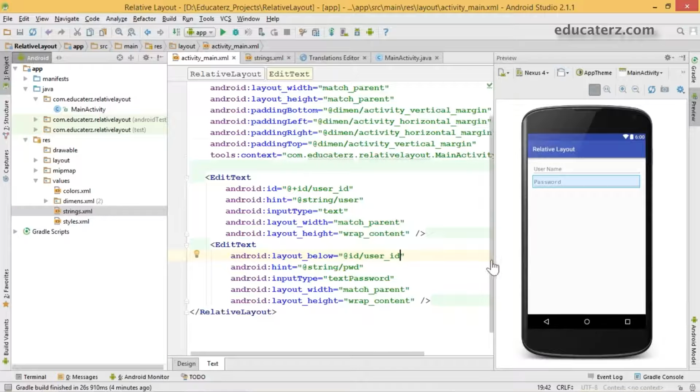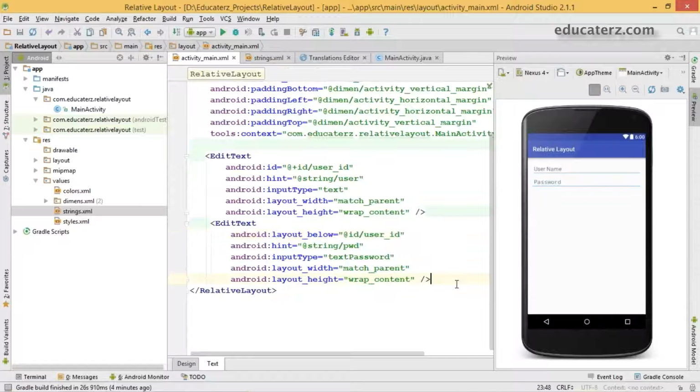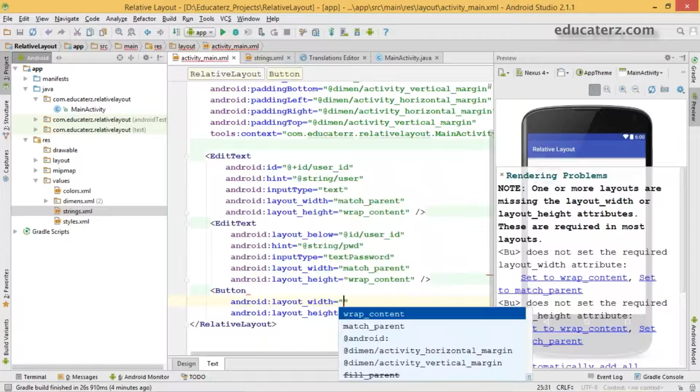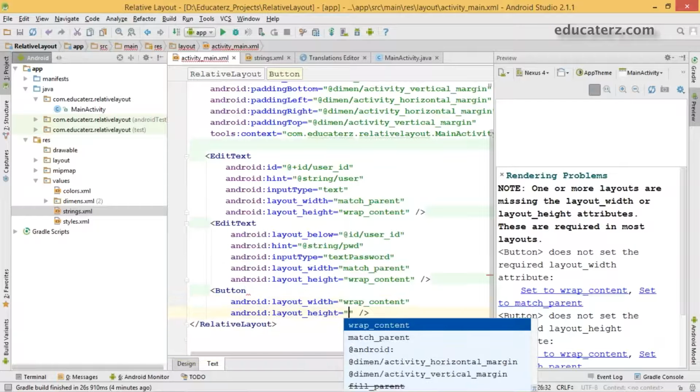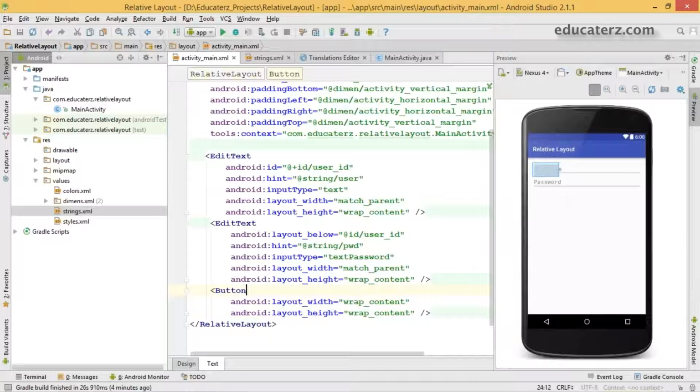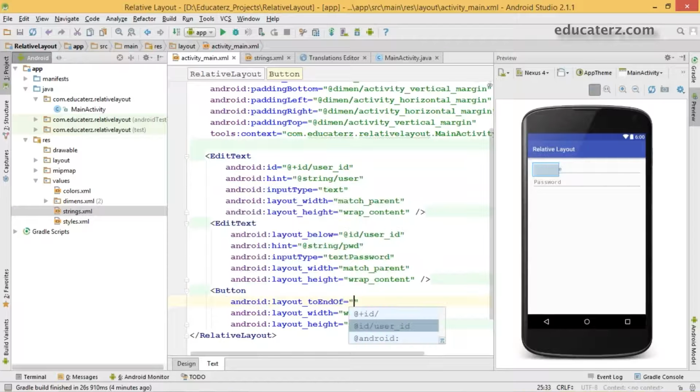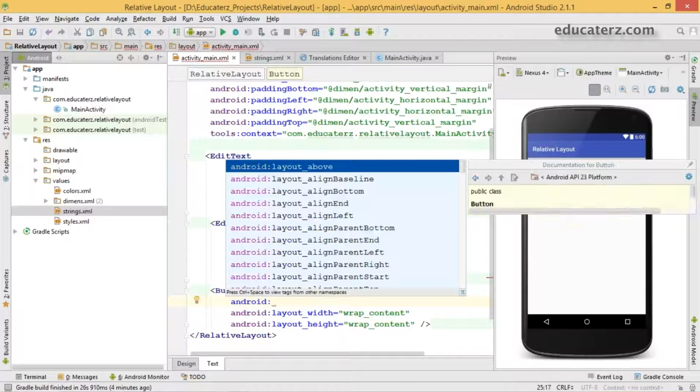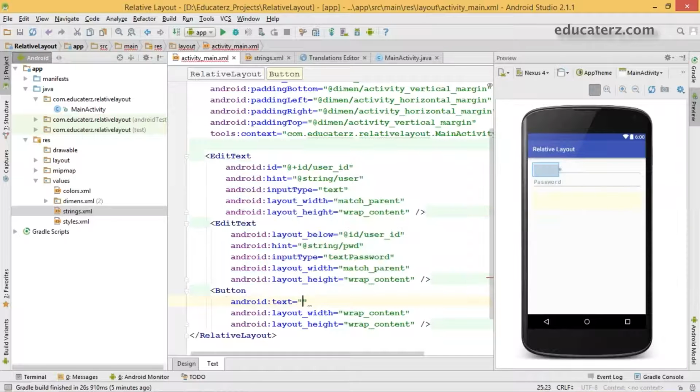Now I would like to create two more buttons for login and cancel. So just open an element. The width is wrap content, height is also wrap content. There must be some label for the button, which is, sorry, an android:text. All of this will be your string references.